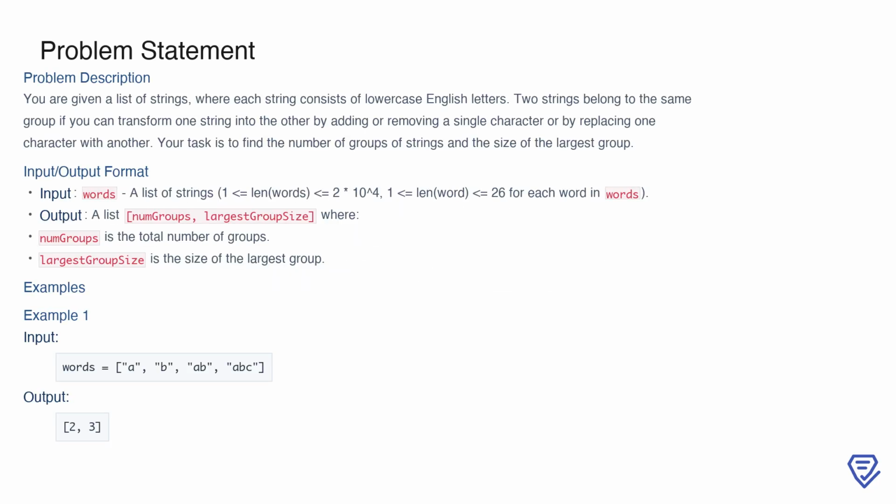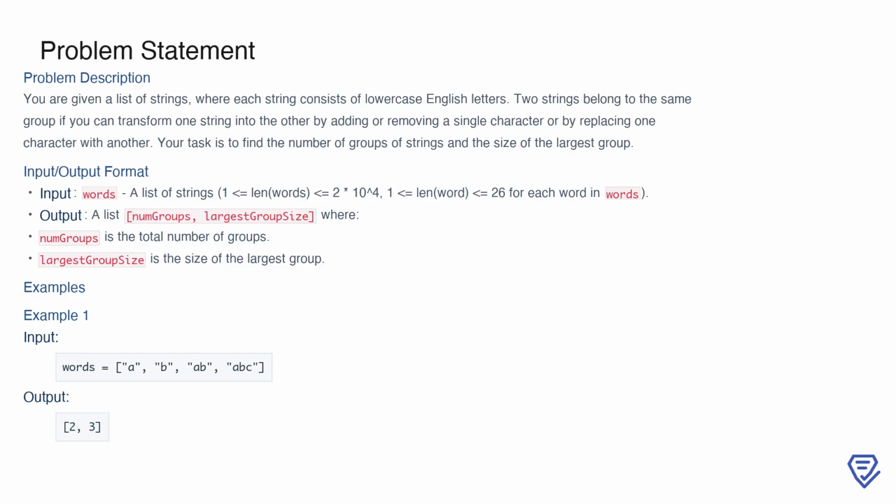In this problem, you are tasked with analyzing a list of strings to group them based on specific transformation rules. A transformation is defined as adding a single character, removing a single character, or replacing one character with another. Two strings are considered part of the same group if you can transform one into the other using one of these operations. The goal is to determine the total number of such groups and to identify the size of the